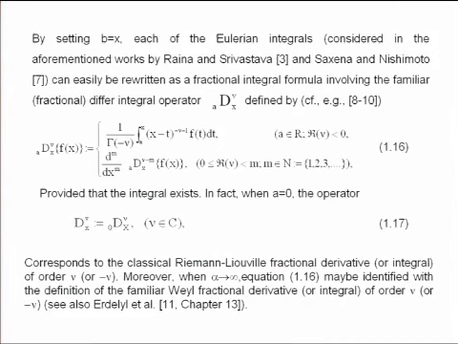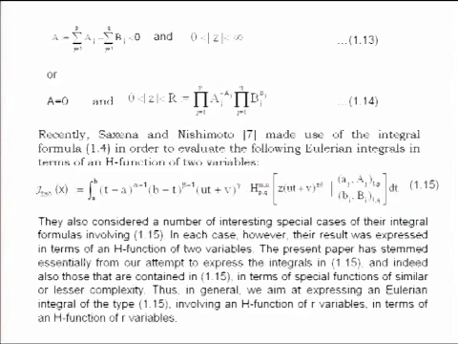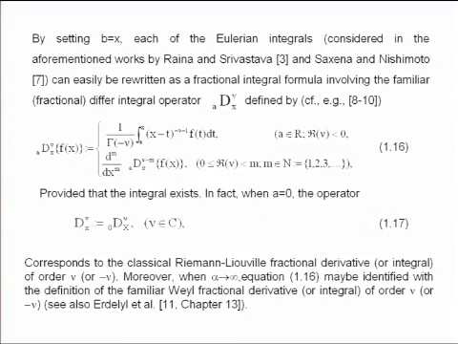Now, here we have used a different integral operator by setting b equal to x. By setting b equal to x, the Eulerian integrals of Rana and Srivastava 1984, and Saxena and Nipsto, can easily be rewritten as a fractional integral formula involving the fractional differintegral operator a D nu x, as defined by this, provided